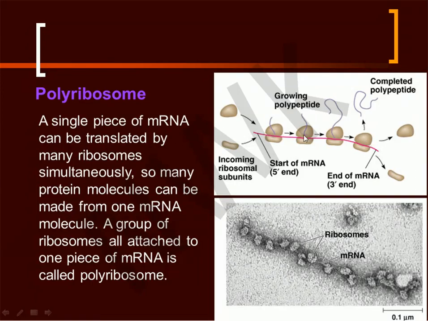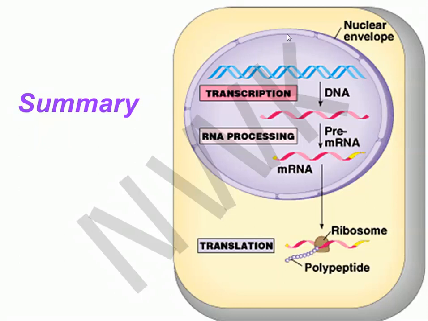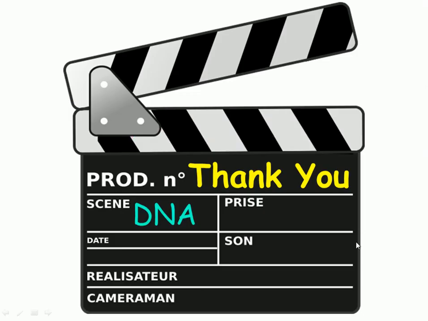How can we increase the rate of translation? We can do it by having polyribosomes, meaning many ribosomes reading the sequence of mRNA at the same time. So from here, the rate of synthesizing polypeptide can be increased. So in conclusion, we can say that transcription is the process where DNA synthesizes mRNA. This mRNA formed may undergo a process of RNA processing, but this is only limited to eukaryotic cells. When the mRNA is formed